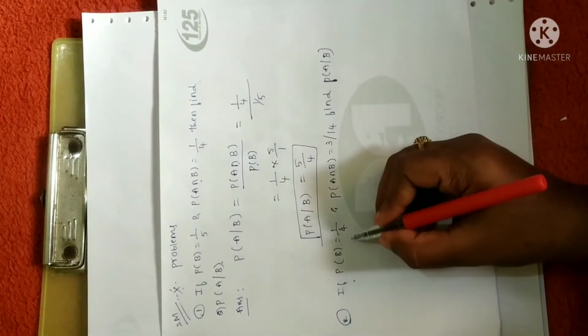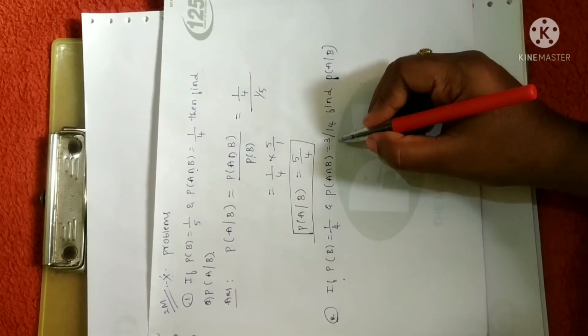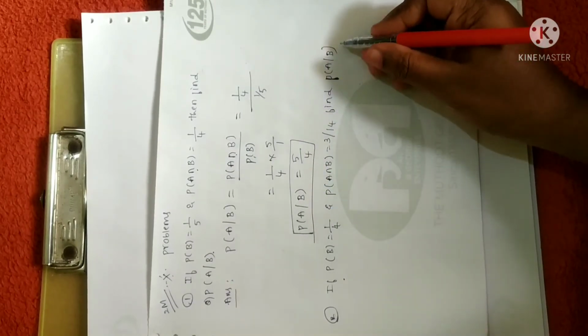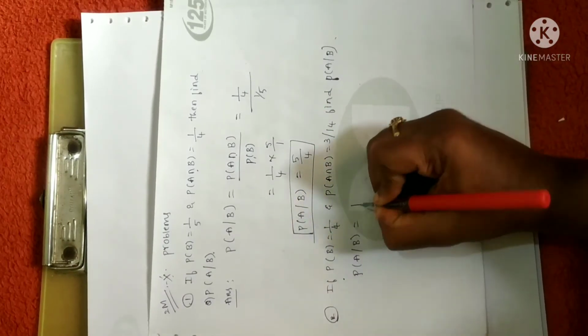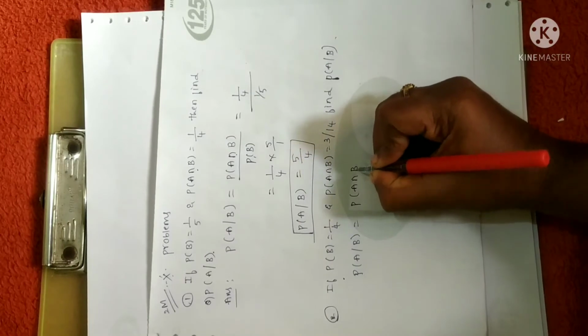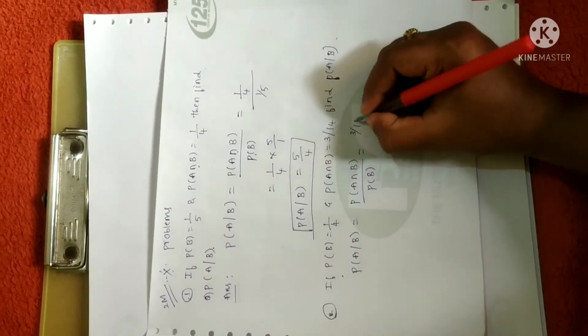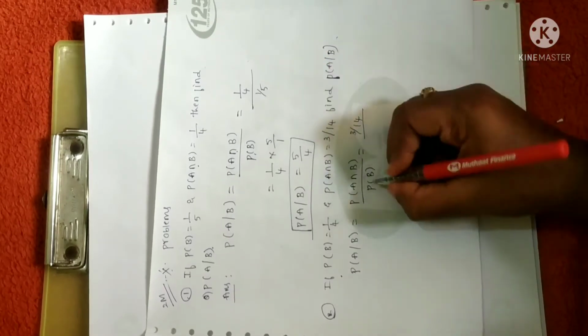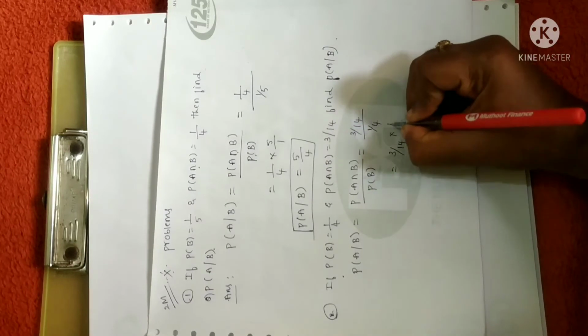Second question: if the probability of B is equal to 1 by 4 and the probability of A intersection B is equal to 3 by 14, we have to find the probability of event A with reference to B. Same formula, just a substitution. These are 2 mark questions. So P(A ∩ B) divided by P(B). The probability of A intersection B is 3 by 14. The probability of B is 1 by 4. After simplification, we can write this as,